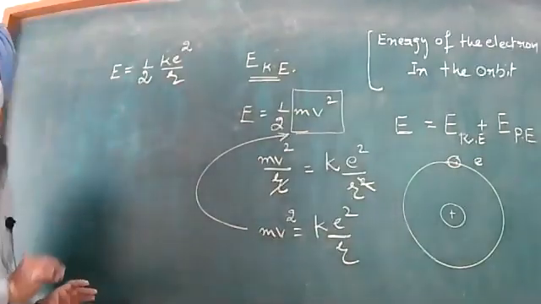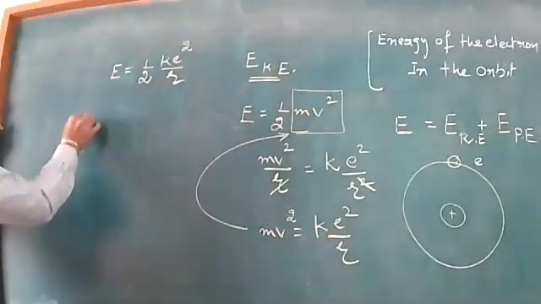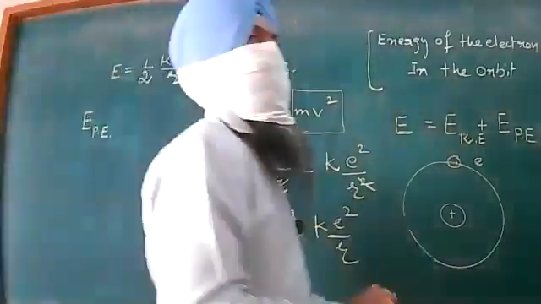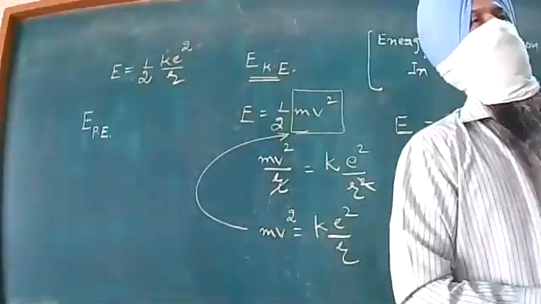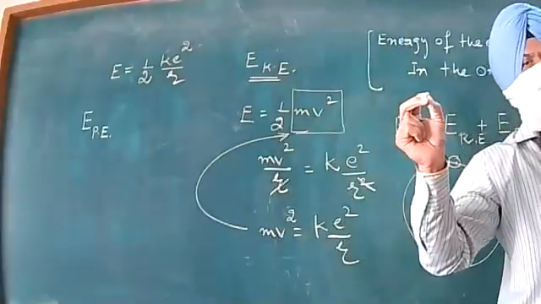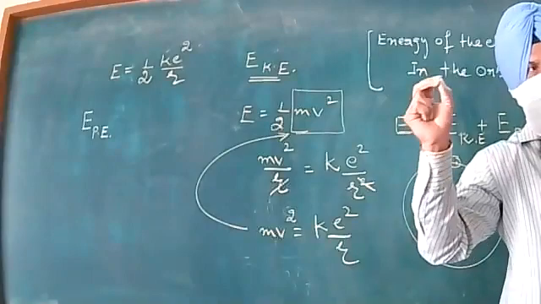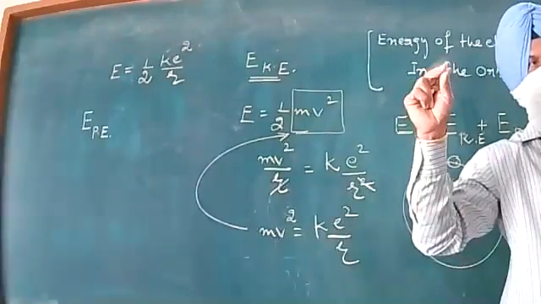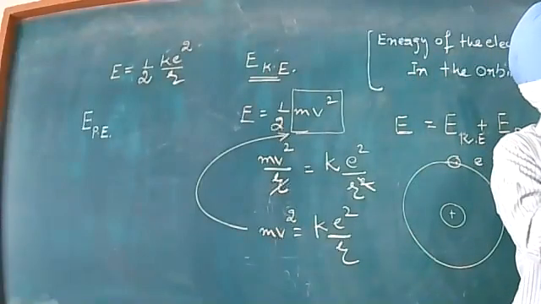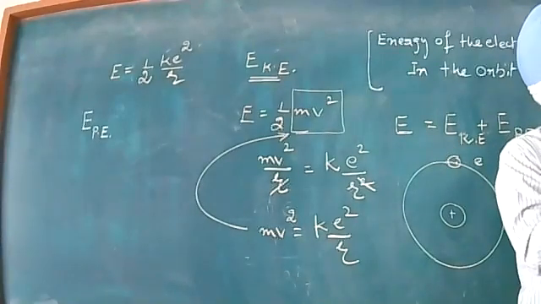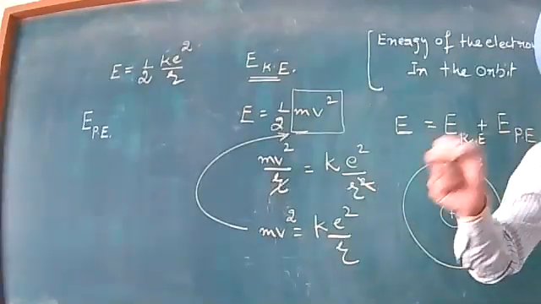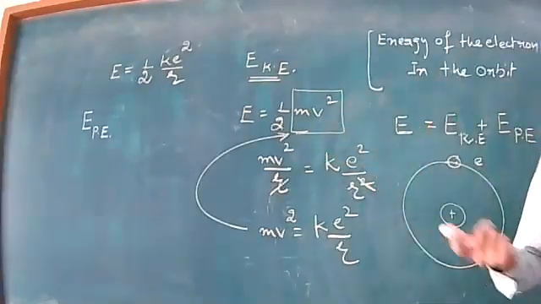Then I am using different chalk for the potential energy. When we talk about the potential energy, remember very first chapter, electrostatic potential energy. This is one charge. Due to this charge, we calculate the potential at this point. This is the source charge. Potential due to this source charge at this observation point, when multiplied by the charge of the particle which we are bringing, becomes the electrostatic potential energy of the system of two charges. That is exactly going to happen over here.